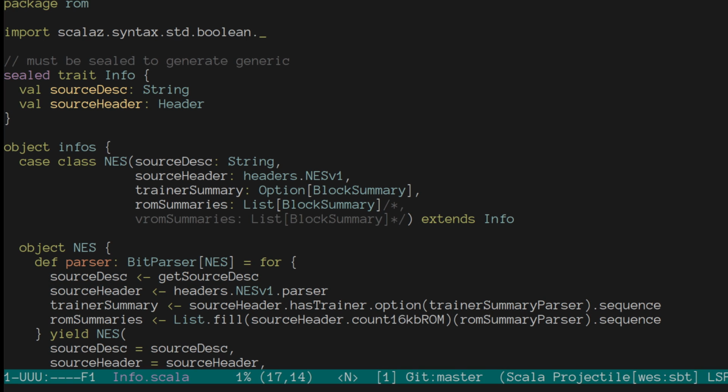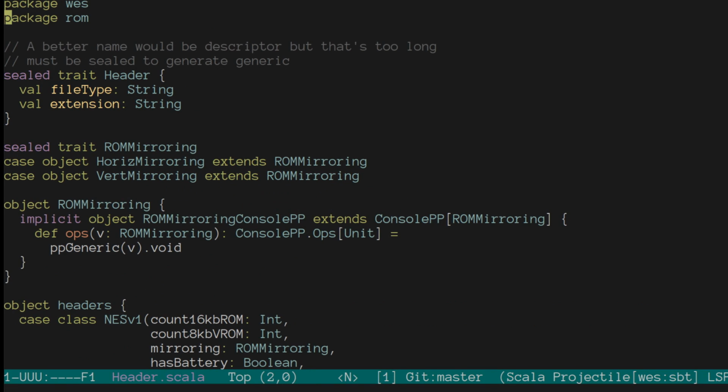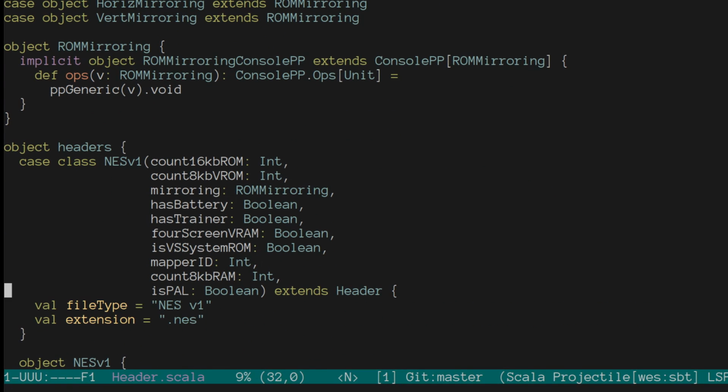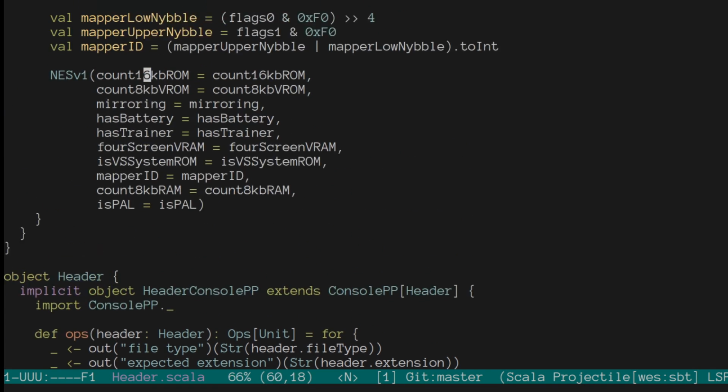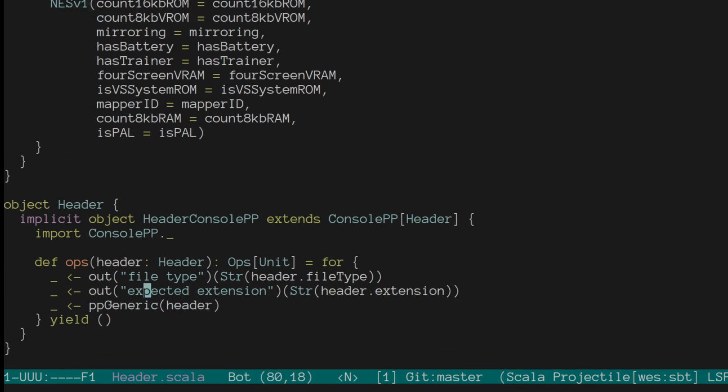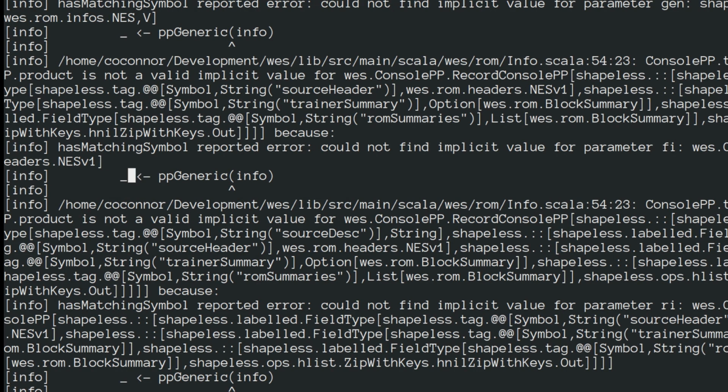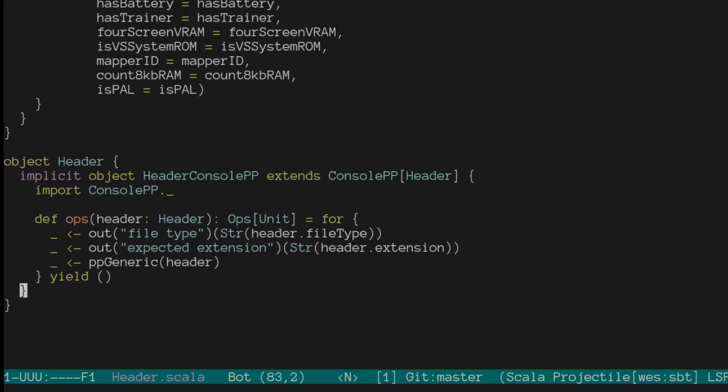Kind of. Because if we go to our Header companion object here, there is a pretty printer for the Header type, and this will, when applied to an NESv1, pretty print that. So why wasn't that inferred here? It's quite simply because it wasn't told in any way, shape, or form that that can be done. The easiest way to do so